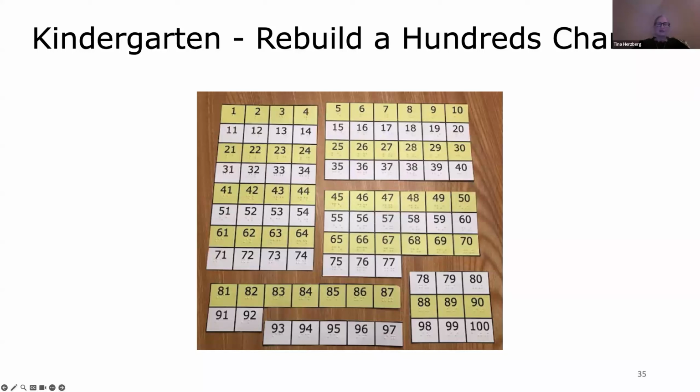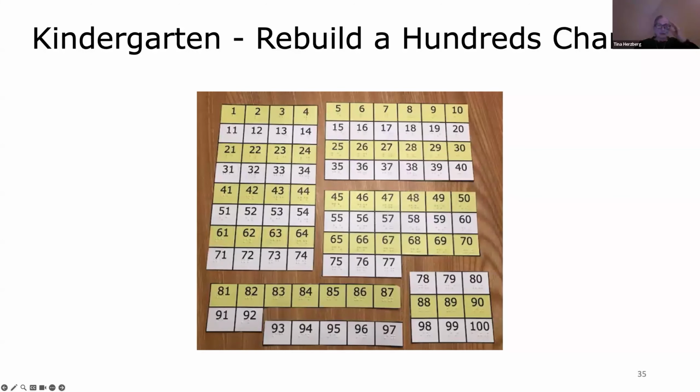So what we did here is that I repurposed a hundreds chart. Because this is something they learn to do in kindergarten, to be able to rebuild a hundreds chart. So it's really important that our students can do that as well. Because the APH hundreds chart has both the print and the Braille, they can do this activity right along with their peers. They can actually do it in small groups with their peers. And so that's exactly what they do, they rebuild it.